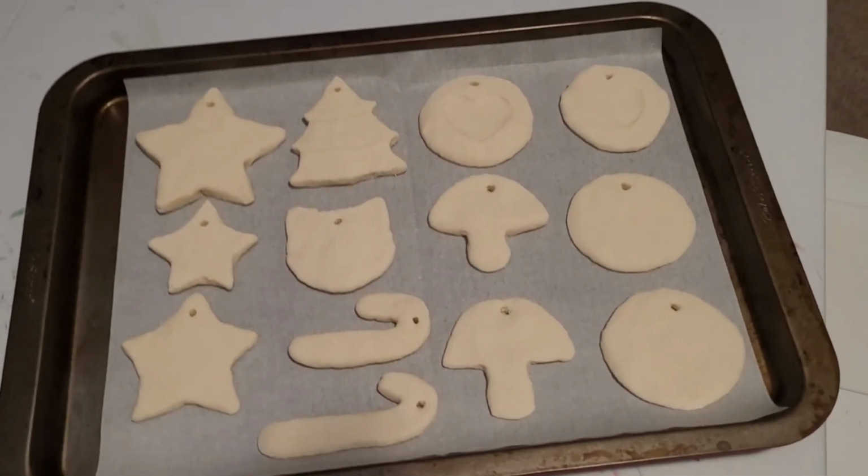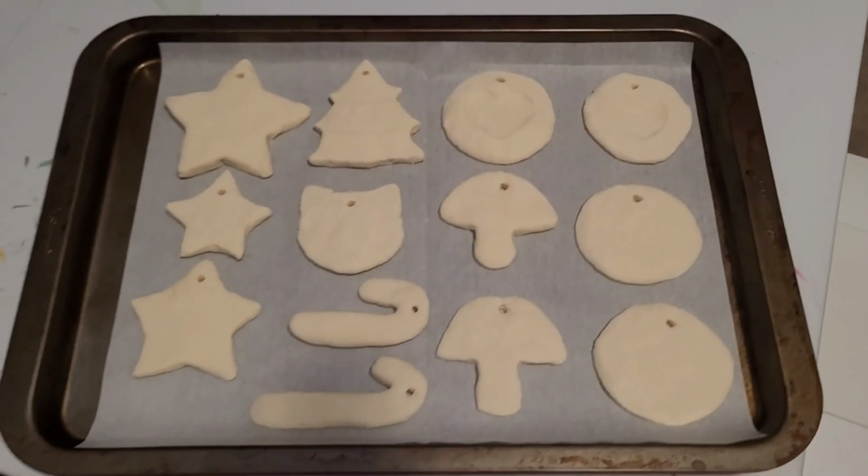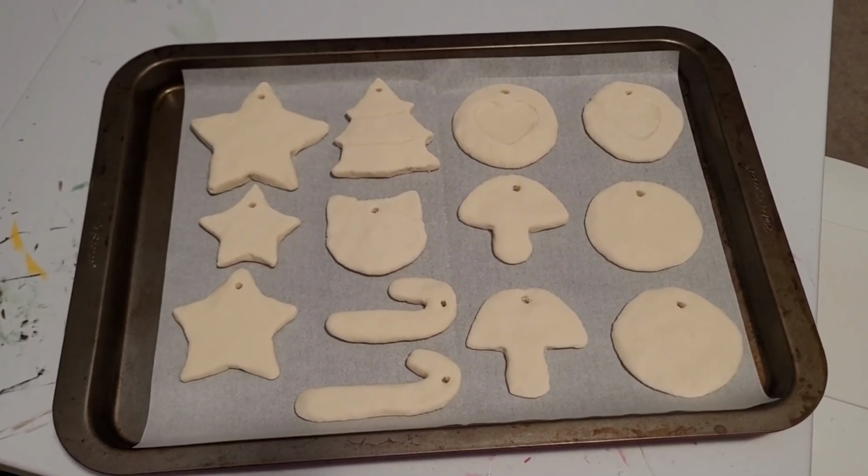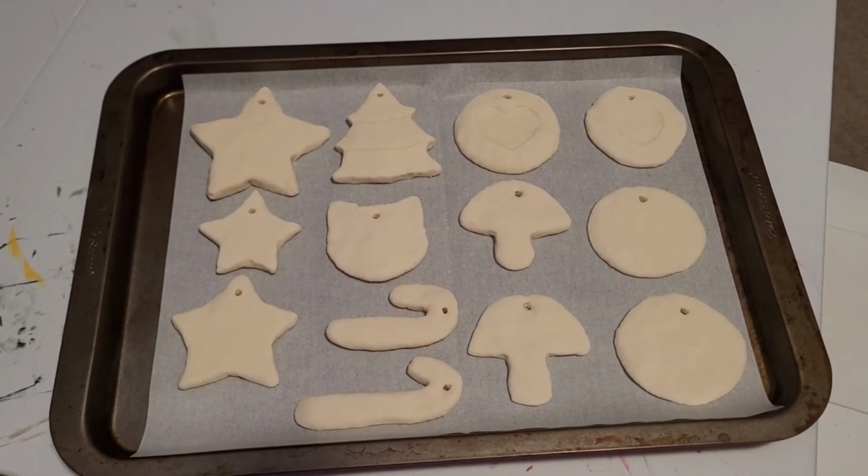Alright, all of my ornaments are shaped. I'm gonna let these air dry for a few hours, and then put them in the oven later tonight. It was actually the next day. I did not feel like baking these when I got home from work last night, so we're gonna do them